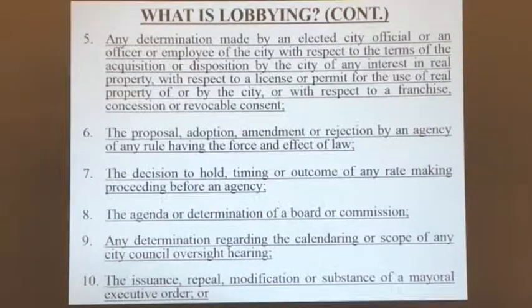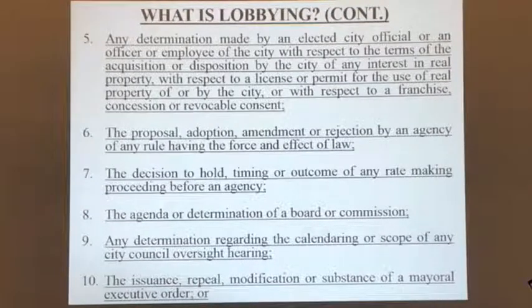Okay, number 6, the proposal, adoption, amendment, or rejection by any city agency having the force and effect of the law. So one thing I usually point out is that if you're not sure what are city agencies, there's actually a really helpful chart on the city's website. It's a flow chart and it lists all the city agencies and sort of what they fall under. It lists all the boards and commissions. So I invite you to Google that and print out a copy for yourself. Take a look, just for your general knowledge. And also it'll help you to fulfill the reporting requirements.